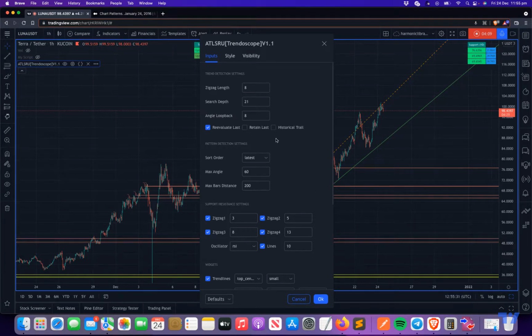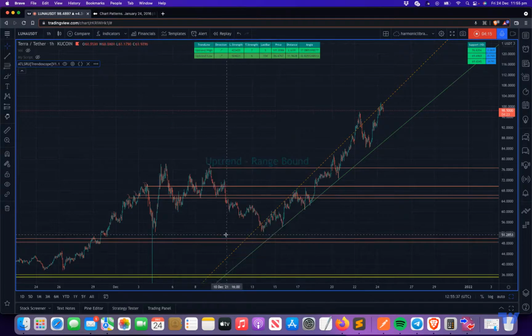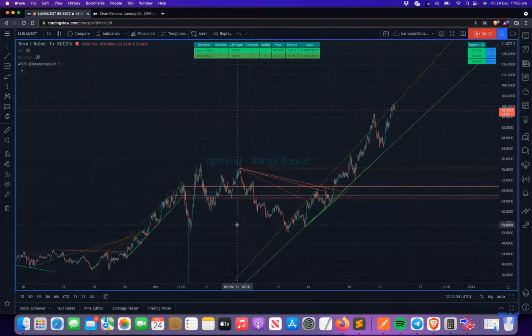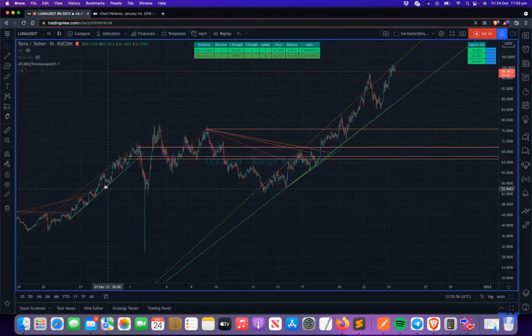Another option we have is show historical trail. By showing a historical trail, what we do is, the trend lines keep changing all the time, so enabling historical trail will show you where the previous trend line changes happened. See this? You can see that this trend line came to here and then it got changed. So it will show all the previous historical trails